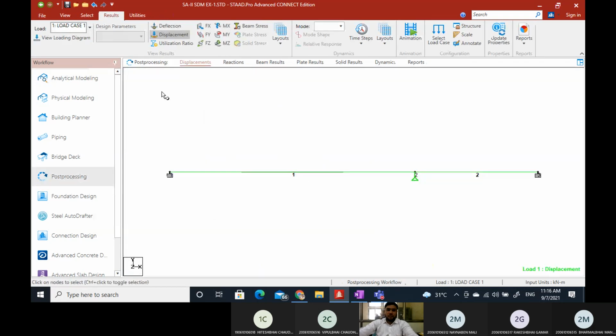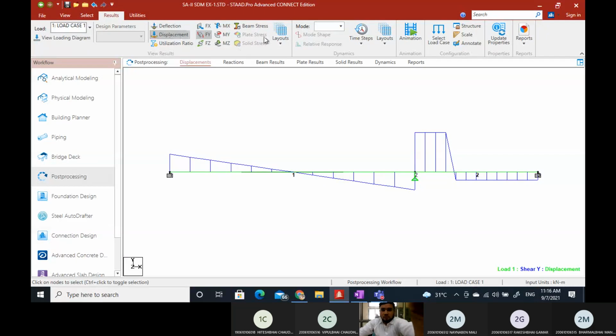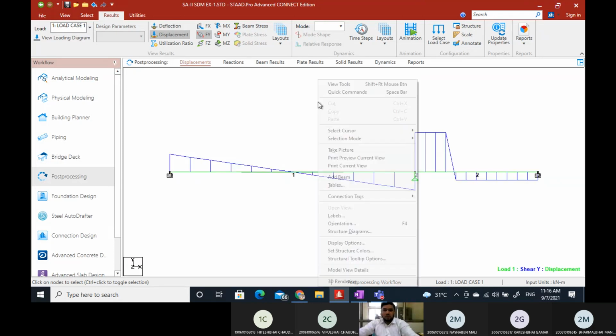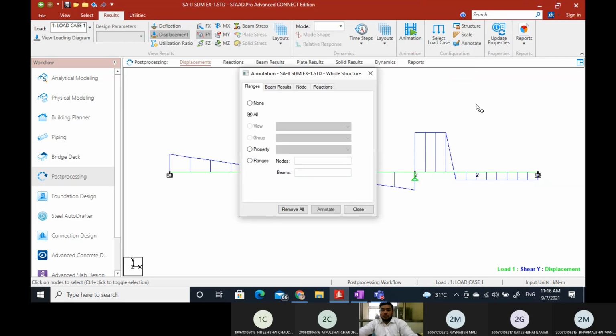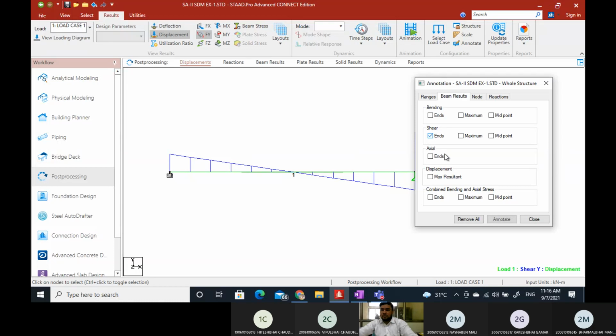So if you click here F5, it will show you the shear force diagram. Now to view the values, annotate, show beam result, and shear at the ends, annotate, close.